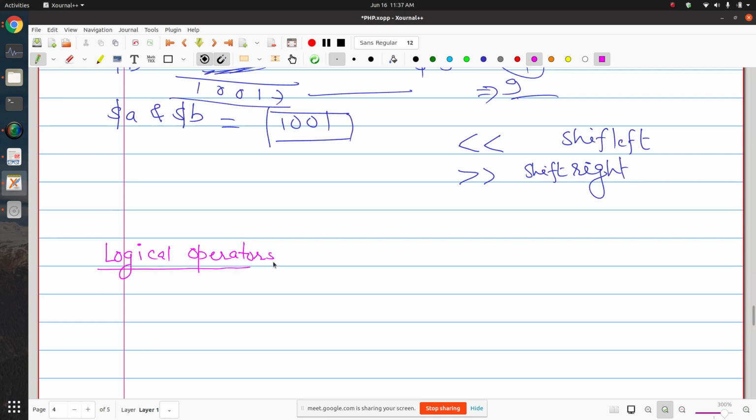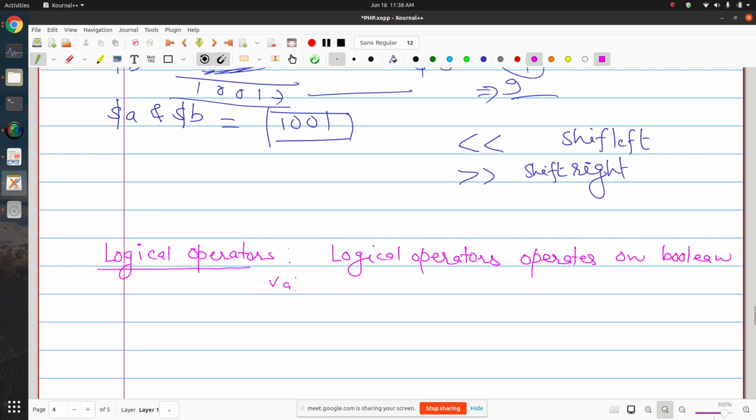The logical operators operate on logical values. So logical operators operate on logical, or you can say boolean, values.